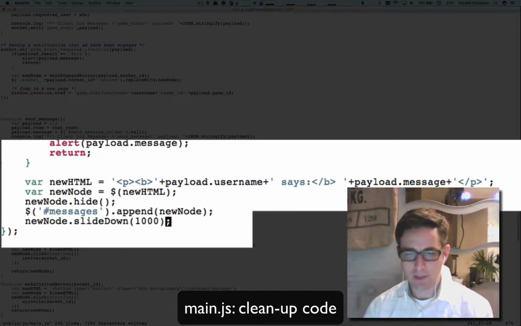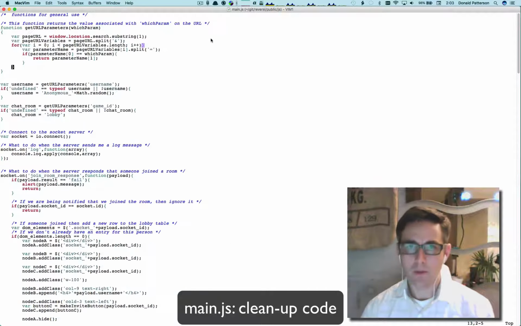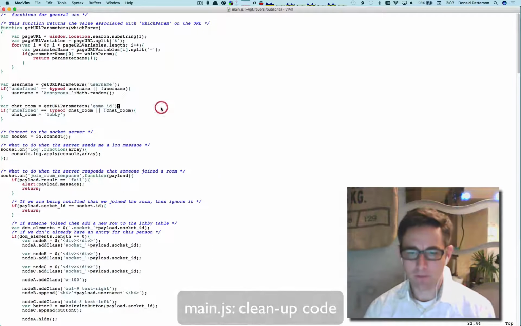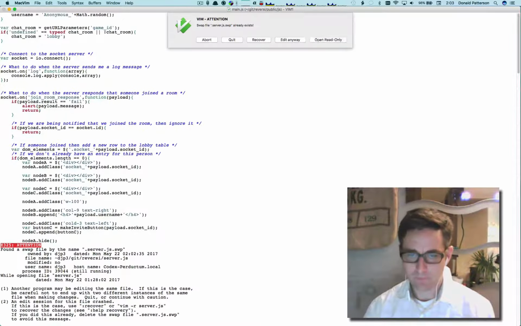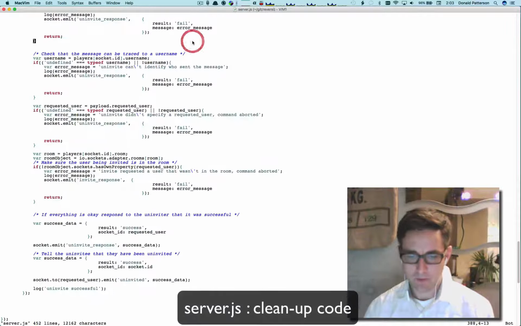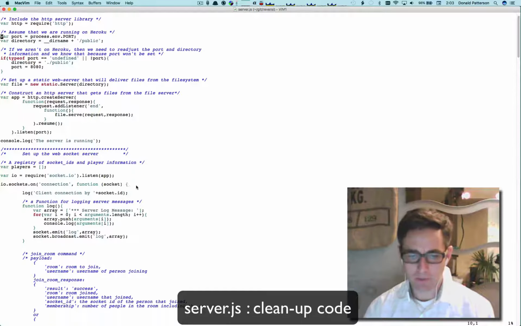All right, I think that's everything. Okay, the main thing that we want to do now in our server.js file, let's go to server.js. Go to the top, and as we scroll down,